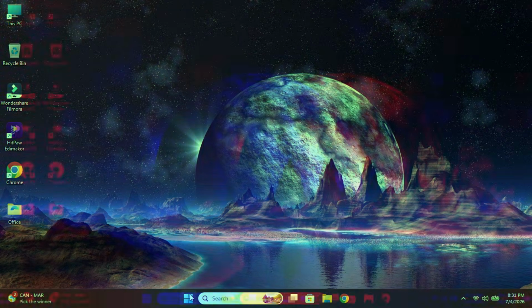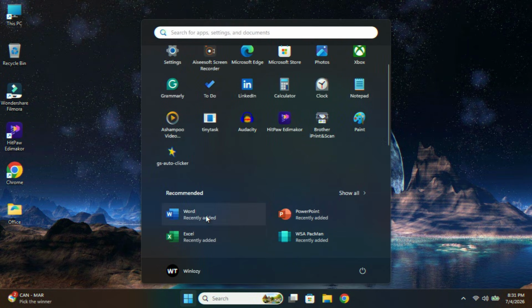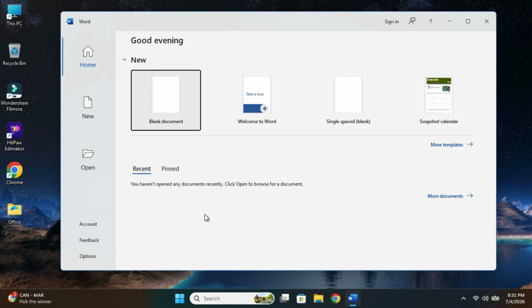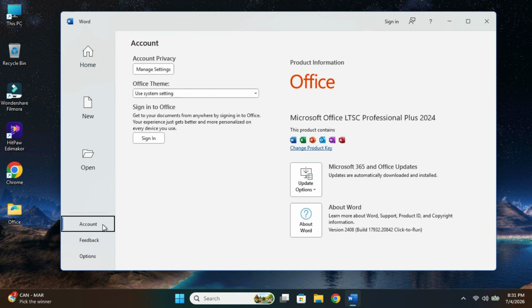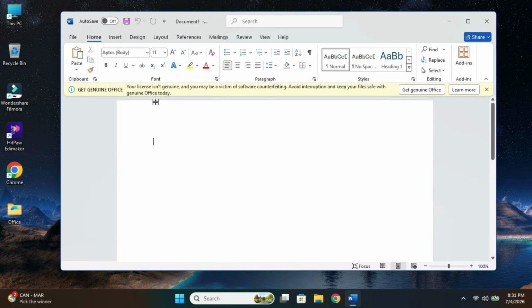In this video, I will show you how to install Microsoft Office 2024 on your PC using Microsoft's official tools. We will not be using any third-party installers, modified files, or complicated methods. Everything will be done step by step, and by the end of this tutorial, Microsoft Office will be successfully installed